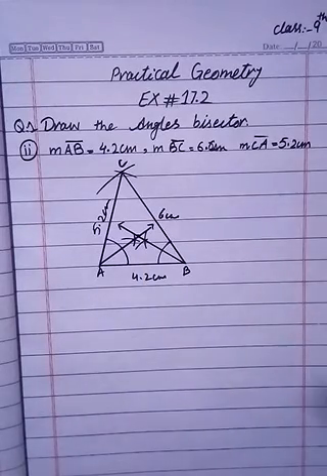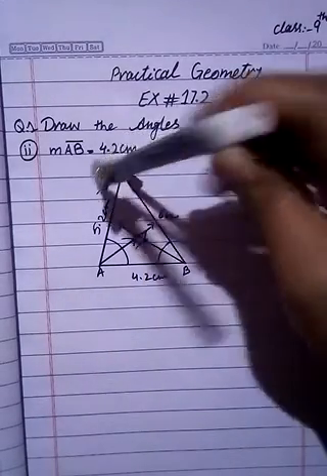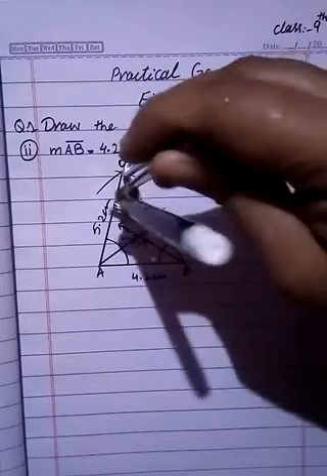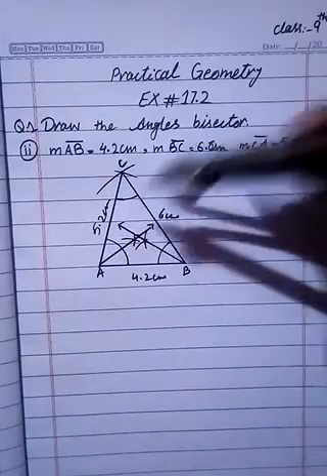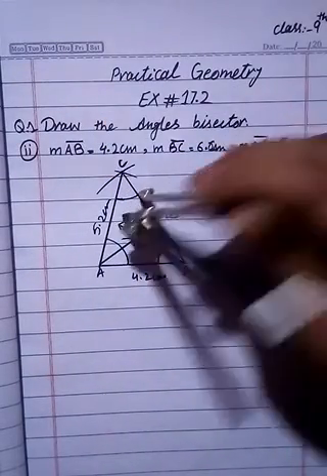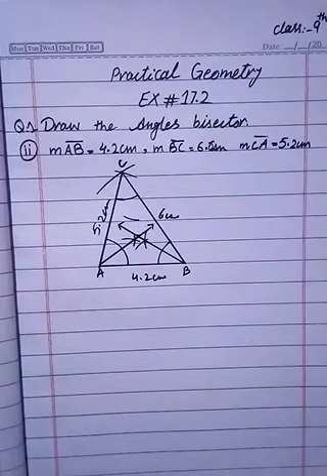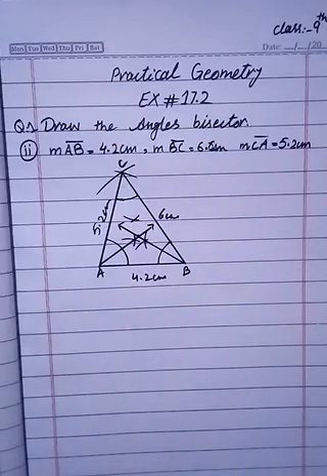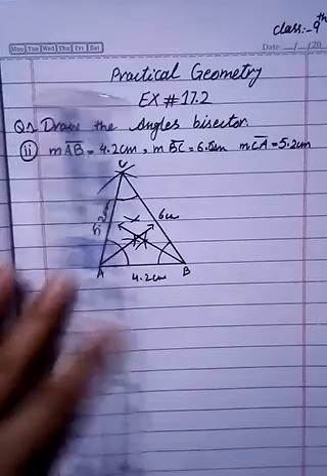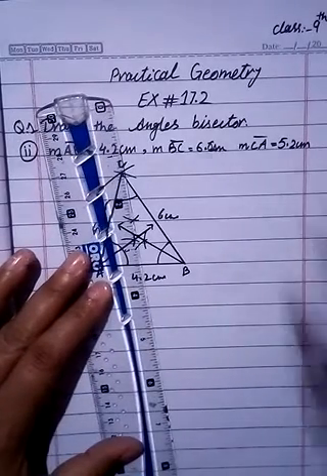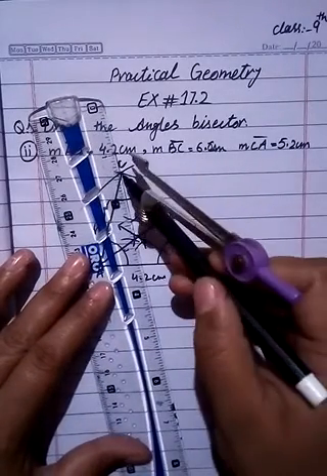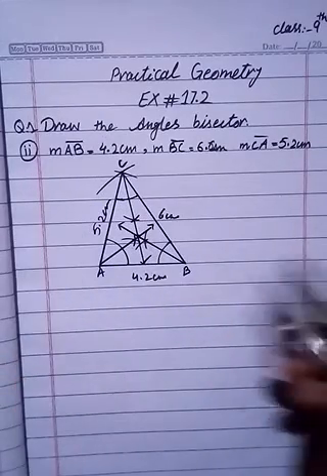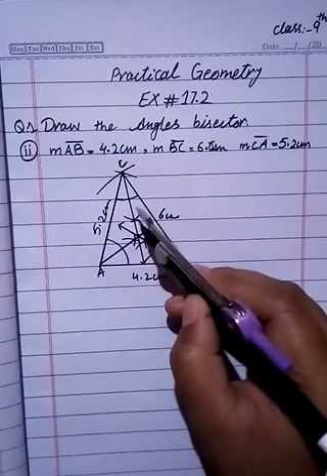Now same procedure you have to repeat for C. You have to draw semicircle at point C. Now put compass at this point and draw first arc. Now you have to put compass at here and draw second arc. Both arcs intersect each other. Now you have to join with C point like this. Now check that three angle bisectors meet at same point named as O.